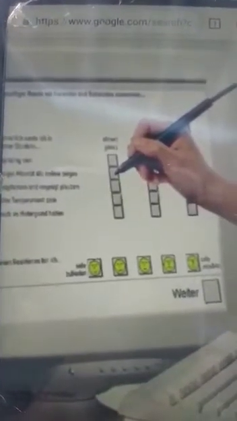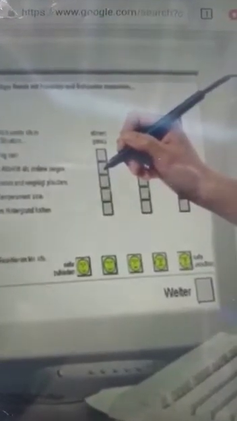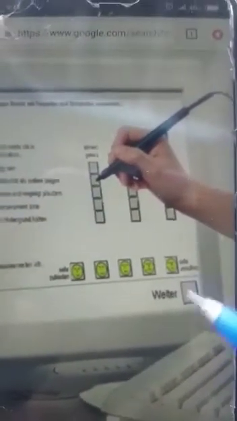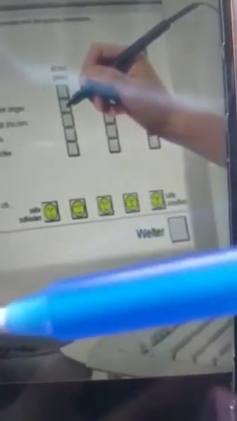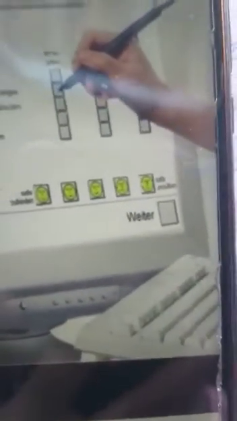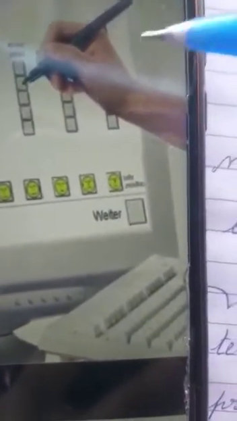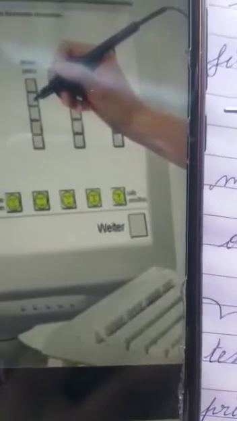Now here, can you see this one? This is your light pen. Okay, so light pen is just similar to your ball pen what I'm holding in my hand, but this is a digital pen which is connected via cable to CPU.